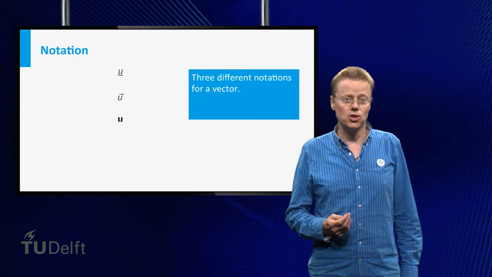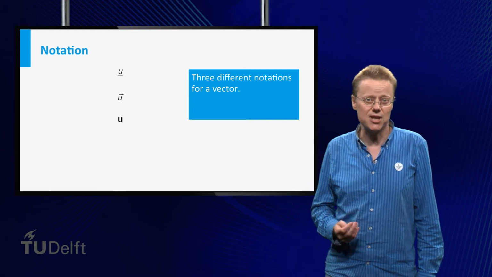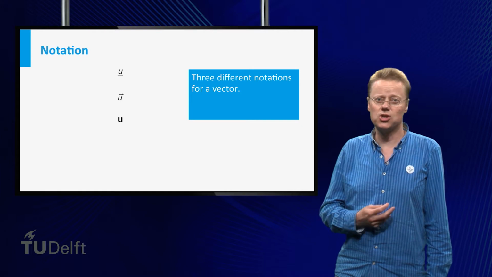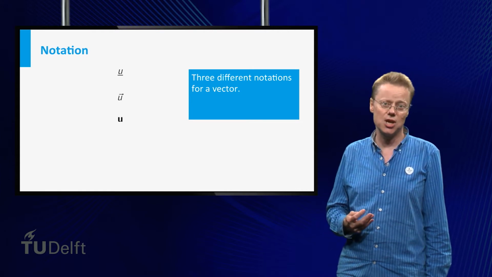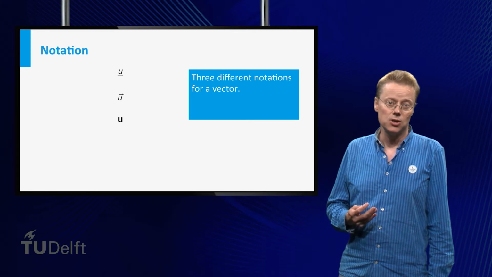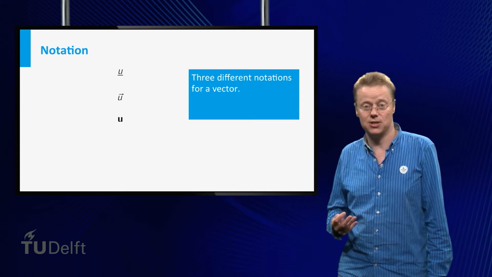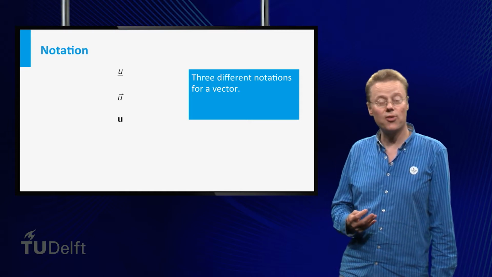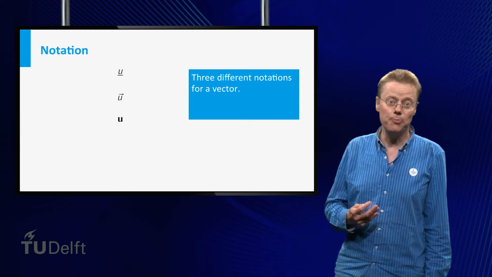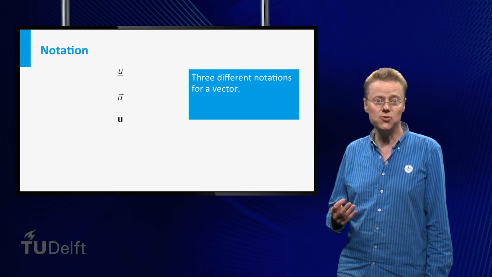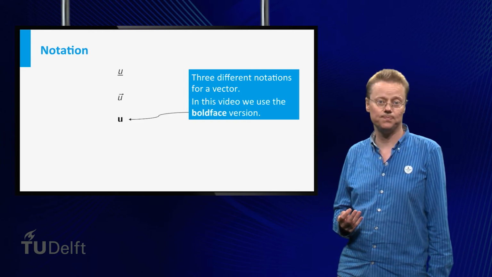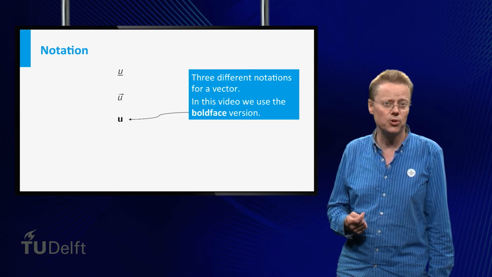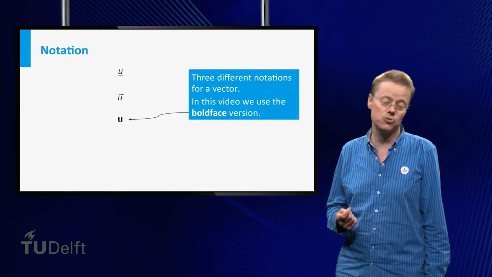When we look at the vector u or v, we have to stress that we mean vectors rather than numbers. Unfortunately, there is not just one universally accepted notation to do this. Often the u is underlined to stress that it is a vector and not a number. Other people use u with a little arrow on top, and other people use boldface. In this video we use the boldface notation. Remember that this is just a convention, so don't panic when you see people using other ways to indicate the difference between a scalar and a vector.